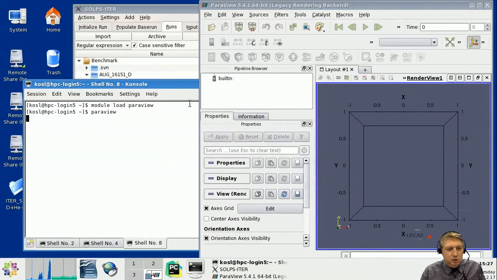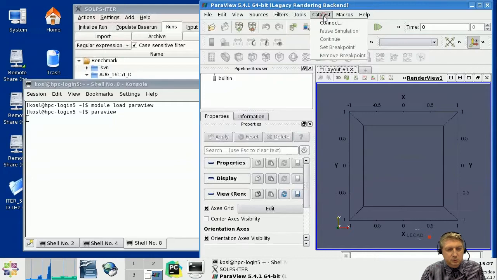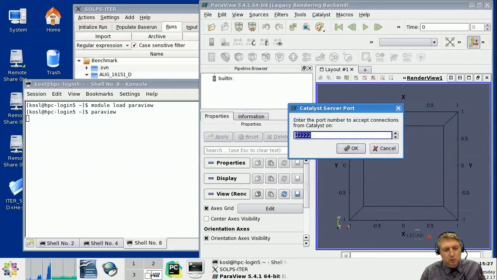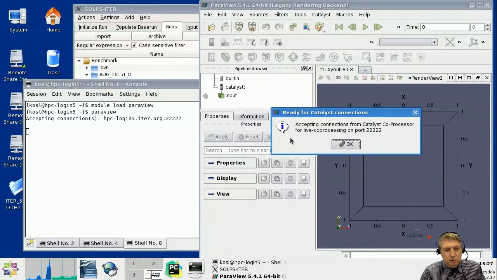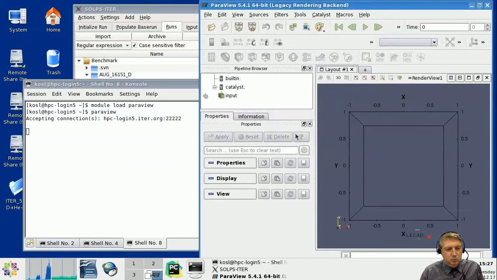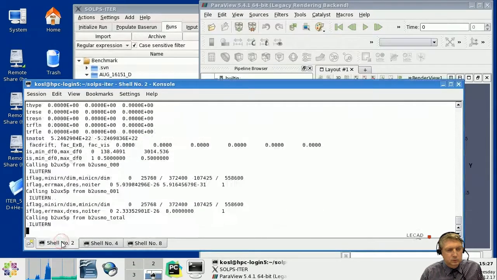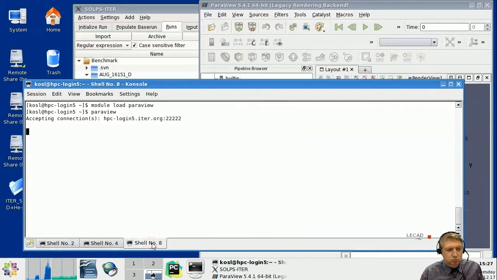And you see here catalyst in menu, and we will start a server on this port. So these two numbers for the port need to be the same in both codes, and it is accepting connection to the coprocessor. Still the code is running,